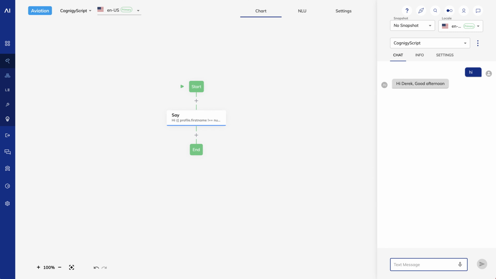We can also add Cognigy Script to galleries and quick replies. I'll create a gallery that shows one card if it's before noon and another if it's afternoon.